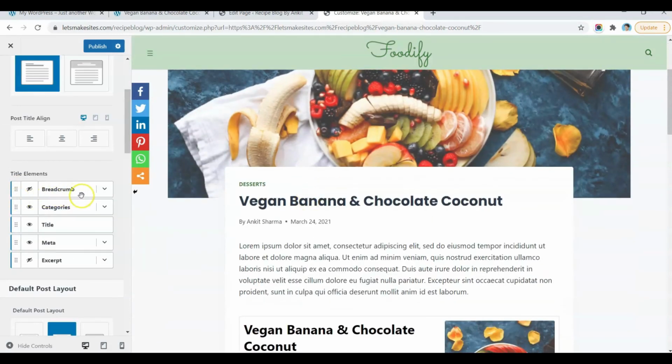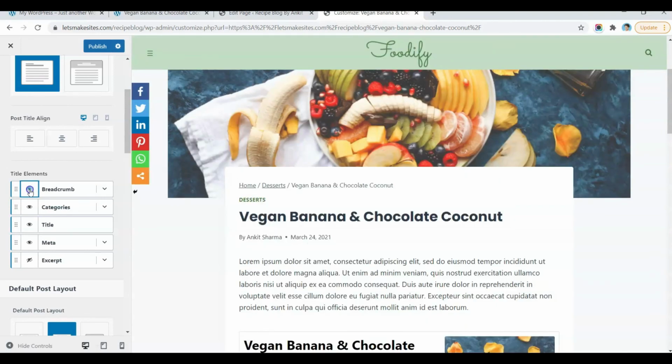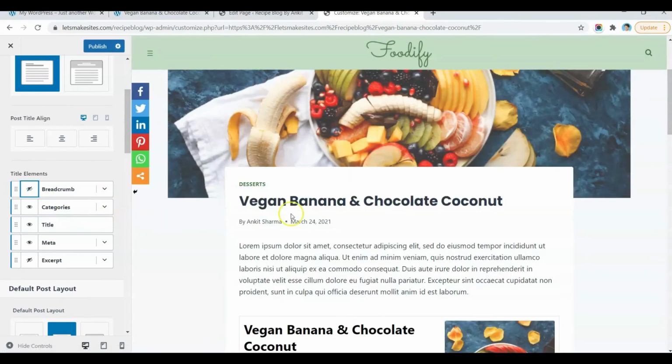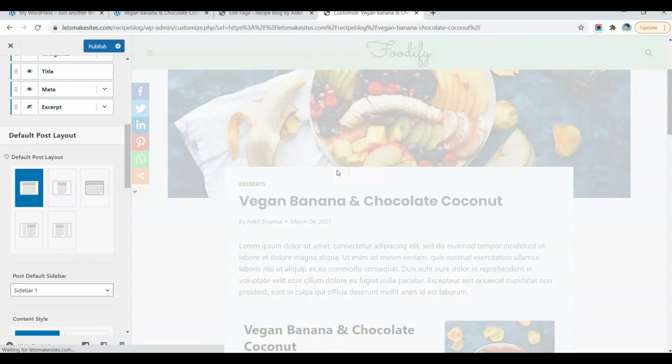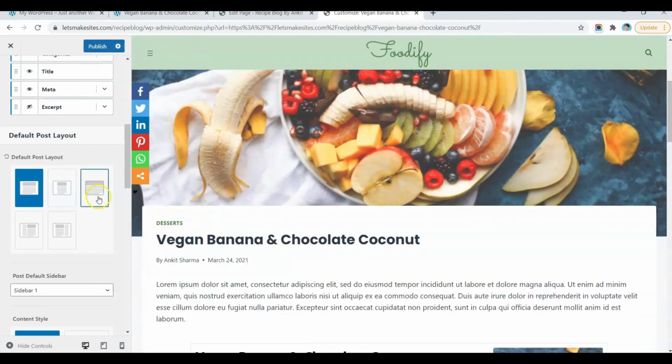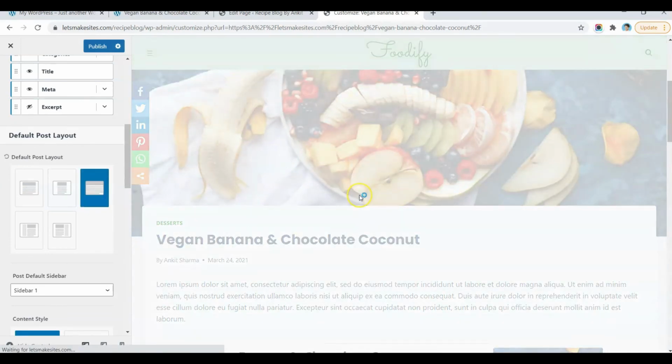And if you want, you can showcase the breadcrumb as well, but I'll keep it off. And here's the category, title, and meta information. We don't want excerpt to be visible on the post itself. So below that, we have the post layout. Right now it's showing the narrow one. You can also select the normal one. And if we go ahead and select the full width,